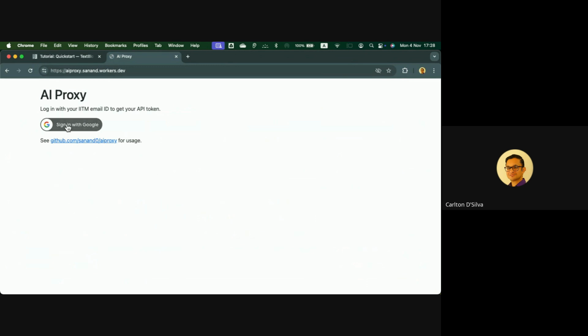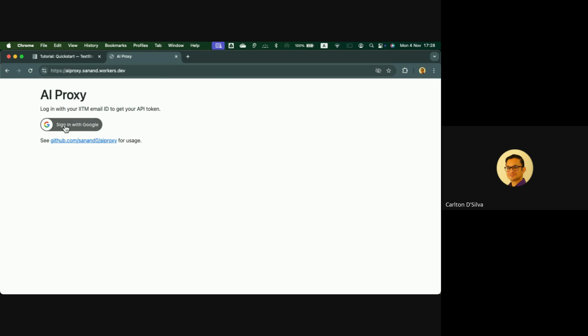Basically, you click on this sign in with Google at this address, and it'll give you a token. The reason I am not going to click on this is because someone very entrepreneurial will probably freeze-frame the YouTube video and possibly steal my token. So that's why I'm not going to click on this.